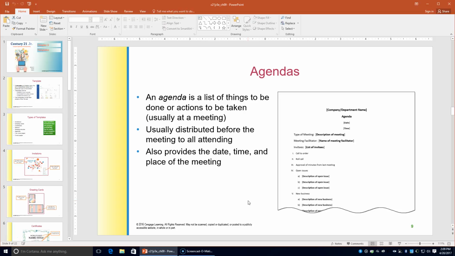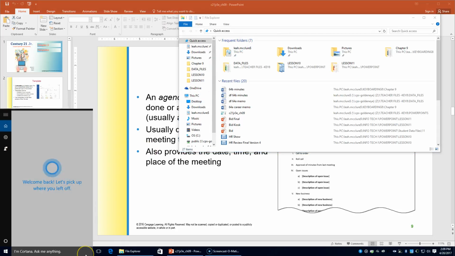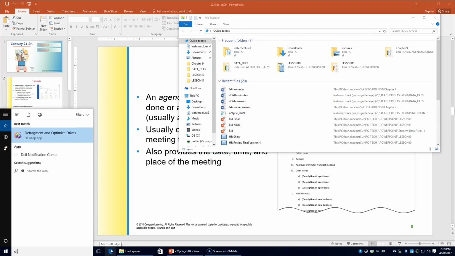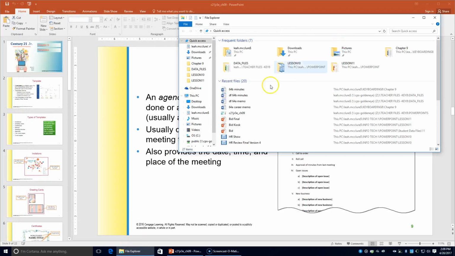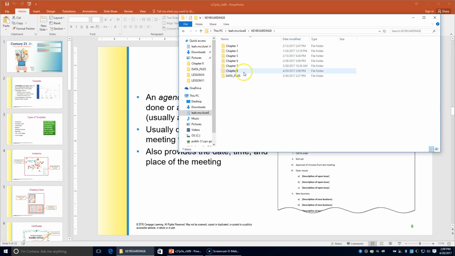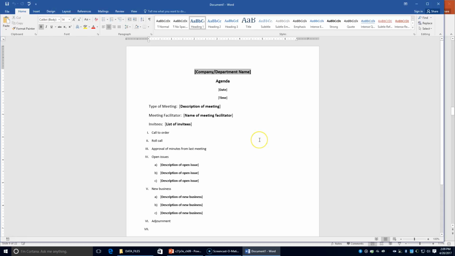It tells us to open DF65A agenda from your data files. Go to your File Explorer, Keyboarding 8, Data Files, 65A Agenda, right there. And it tells us to insert the following information, replacement text in the appropriate places. Delete unneeded placeholder text. So at the top,